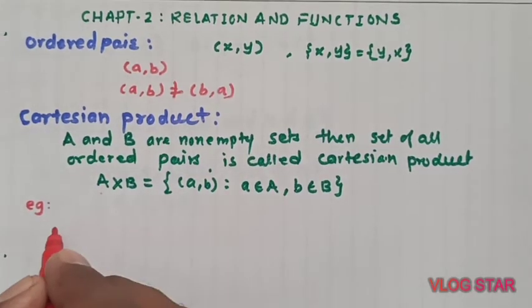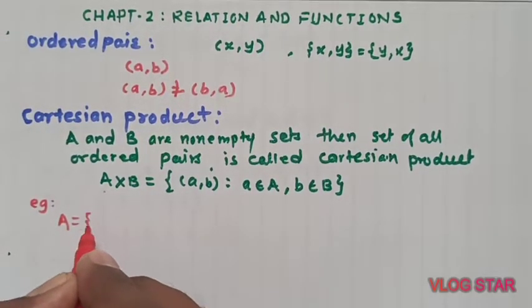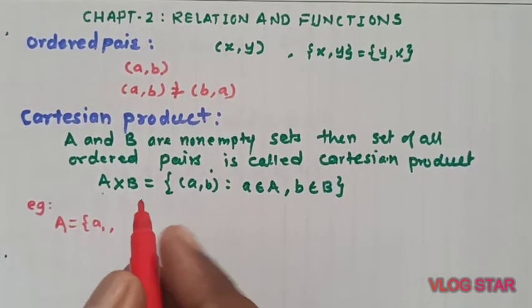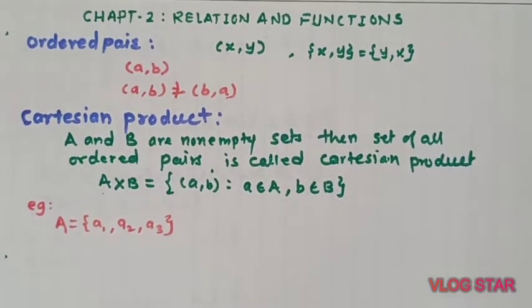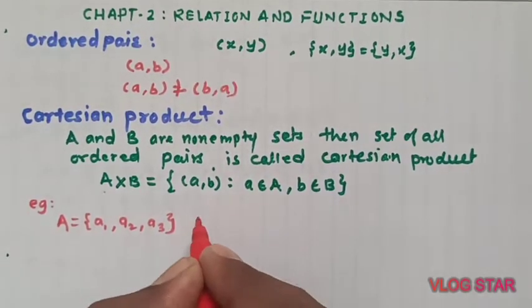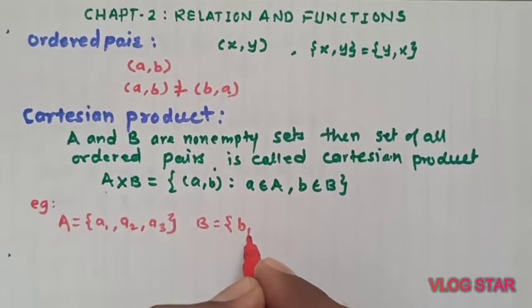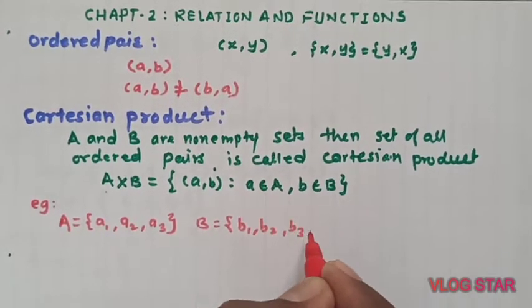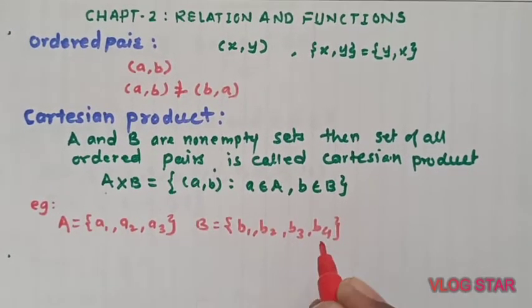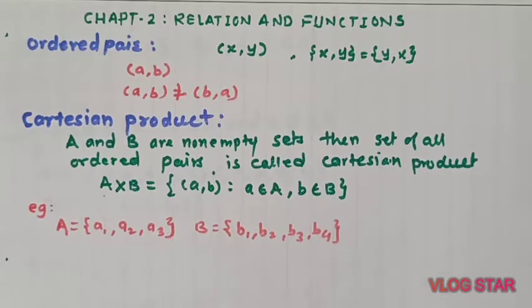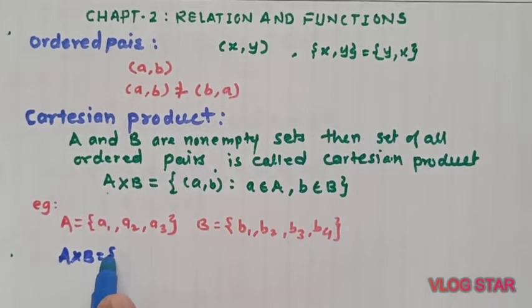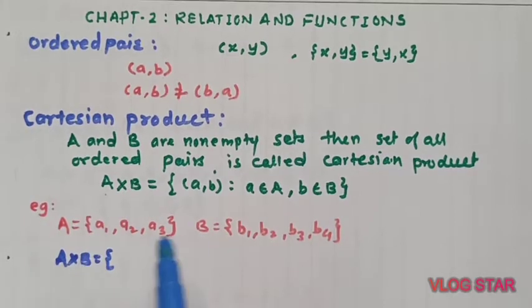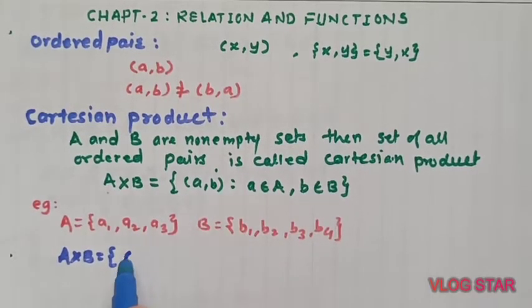सपोज करिए कि हमारे पास एक सेट है A, which is non-empty set. उसके मेंबर्स है A1, A2, A3 and we have one more set B which is having elements B1, B2, B3 and B4. So your set A contains 3 members and B contains 4 members. Let's try to write Cartesian product of A and B. इसका मतलब तो हमें समझ में आया है. हमें एक मेंबर यहाँ से उठाना है, एक मेंबर यहाँ. So we will make pairs, open bracket.